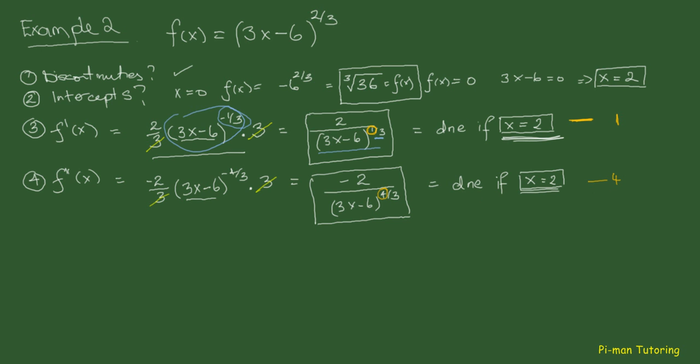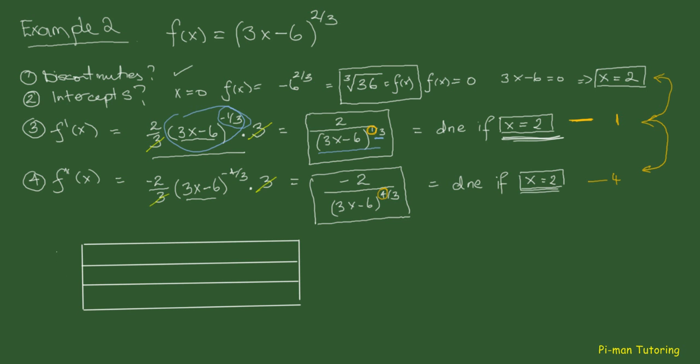Okay, so we've done all of that, and really we've only found a single critical point in all of this. So let's now make our table and see what that all means. So here's my table. The first strip will be the function itself, second strip is the first derivative, and the third strip is the second derivative. Now we grab our critical point, so at x equals 2,